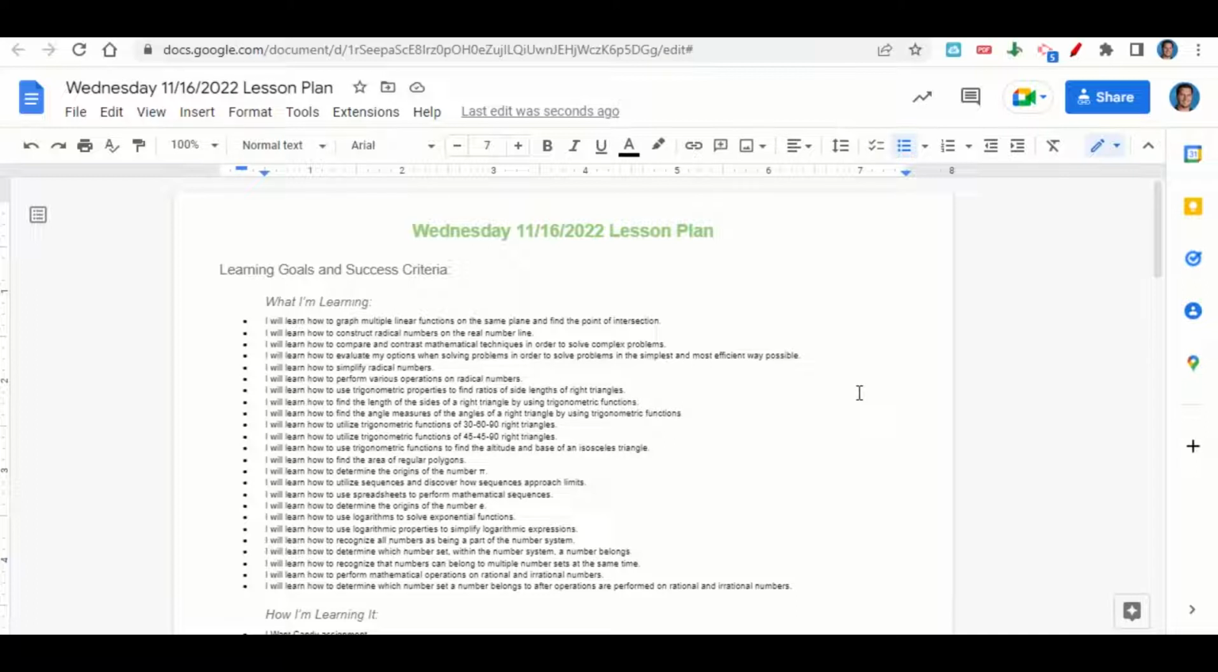to find ratios of side lengths of right triangles, how to find the length of the sides of a right triangle using trigonometric functions, how to find the angle measures of the angles of a right triangle by using trigonometric functions, how to utilize trigonometric functions of 30, 60, 90 right triangles, how to utilize trigonometric functions of 45, 45,